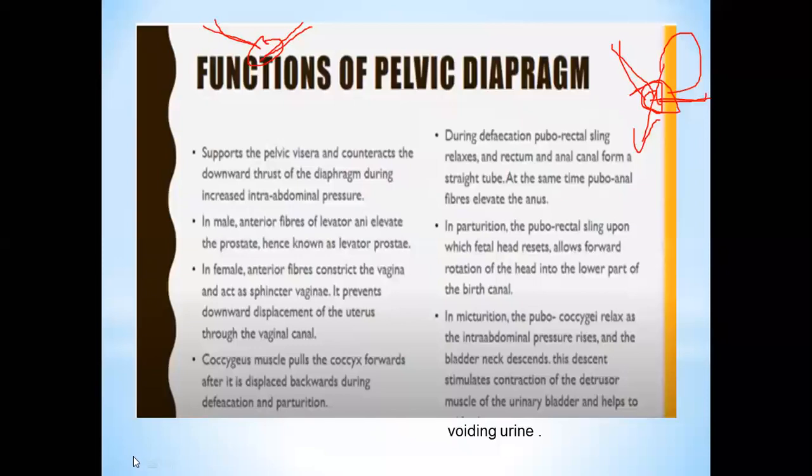So basically what happens, if I can explain it to you in an easier way, this is the abdomen, and as the abdominal pressure rises, the pressure of the abdomen increases. So the neck of the bladder, if this is the neck of the bladder, it descends down. Now this neck of the bladder contains the detrusor muscle. So this detrusor muscle begins to contract. When it contracts, the bladder starts to empty, and the urine flows out.